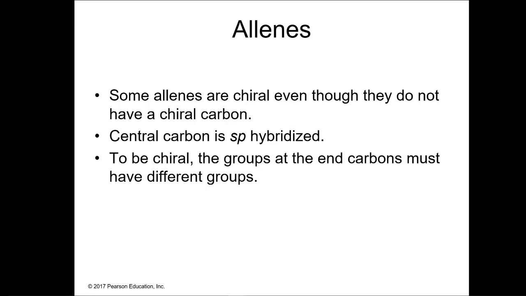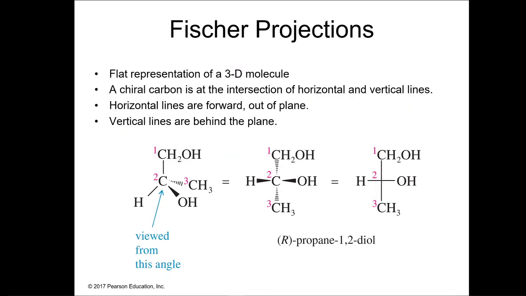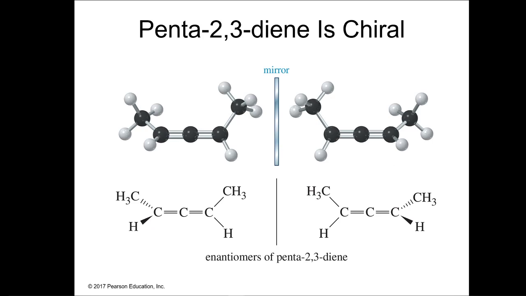Okay, so allenes are chiral compounds that don't have a chiral carbon. The way this works is you have carbon, double bond, carbon, double bond, carbon, and you're looking at the carbons on the end. So this is what it looks like. And this is a rare case. But basically, you're considering this whole thing as one chiral center. This whole big block is one chiral center. So you look at your constituents as